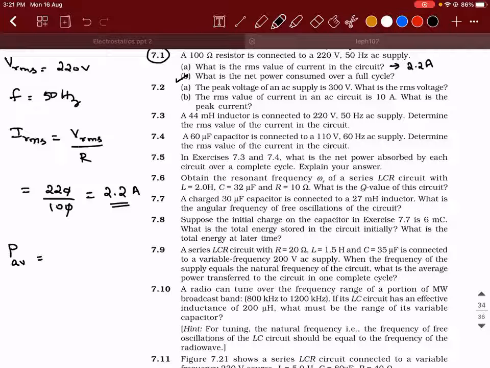I naught E naught by 2, sir. I naught E naught by 2. Okay, there is something that is missing. I naught E naught cos phi, sir. Cos phi, yes. What is that cos phi? Power factor, right? So the right formula that we would have seen is ERMS into IRMS into cos phi. So what is ERMS? 220. IRMS is 2.2. Cos of what is the phase difference between EMF and current for a resistor?